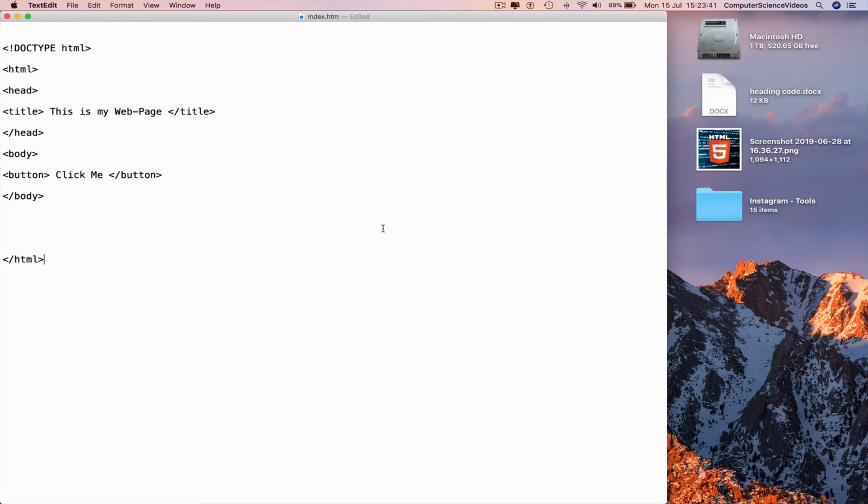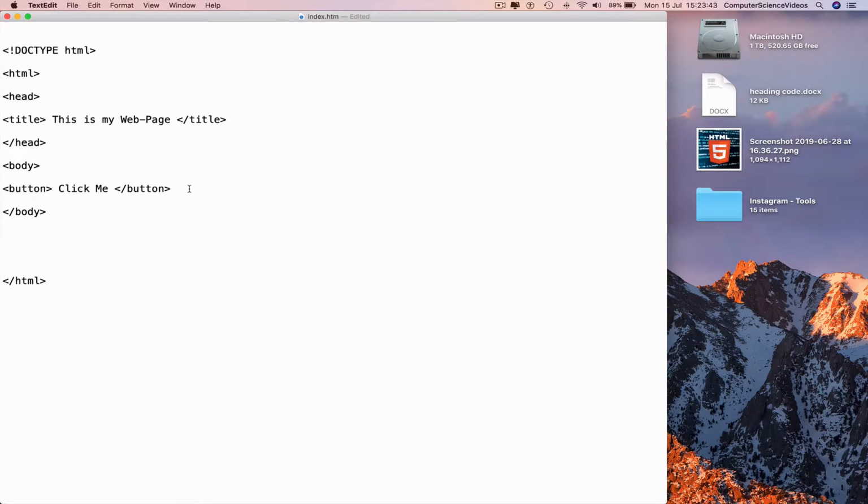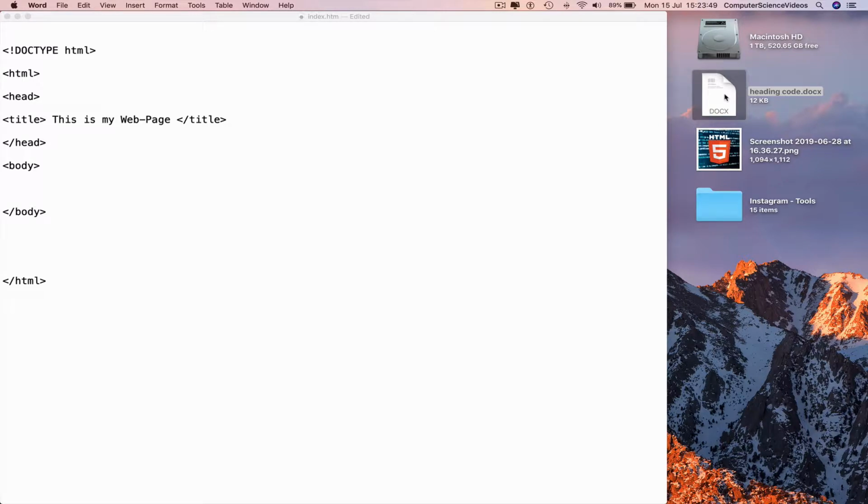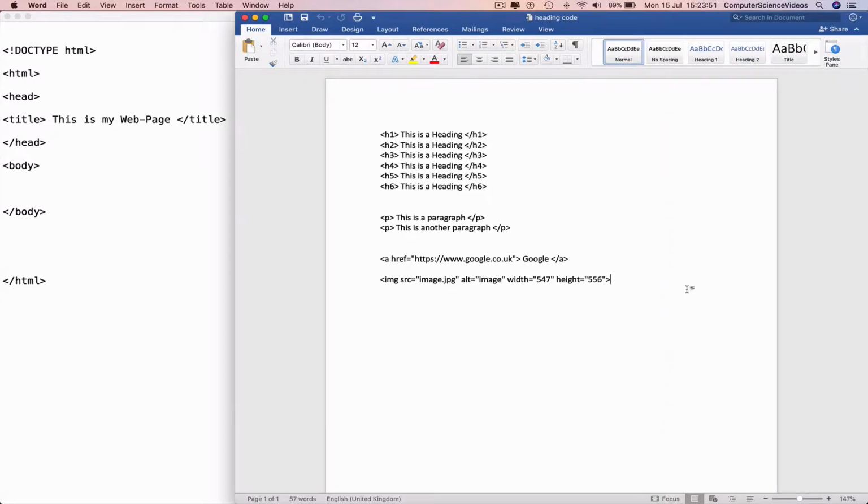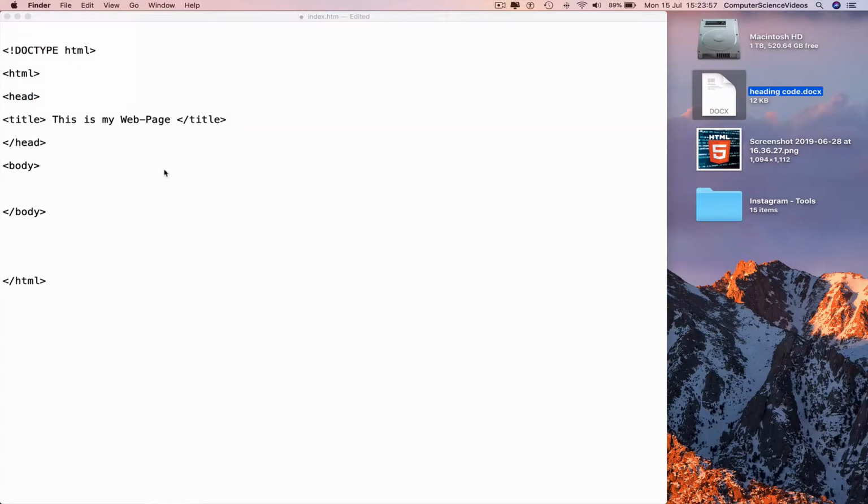Command plus a couple of times, copy the previous tutorial's code, which is the button, Command X, open up the Word document, insert the code there for later use, Command V, Command S to save. We can quit Word, and now the code that we require for basic HTML lists is